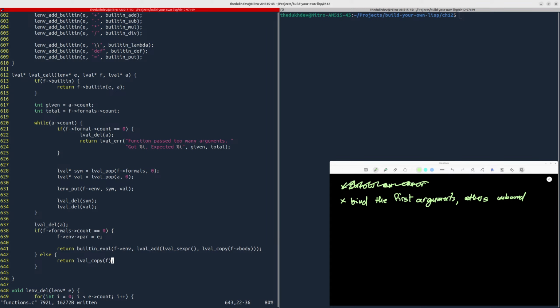Then check if the environment is full, and if so, evaluate, otherwise return a copy of itself with some arguments filled. If you update our evaluation function,